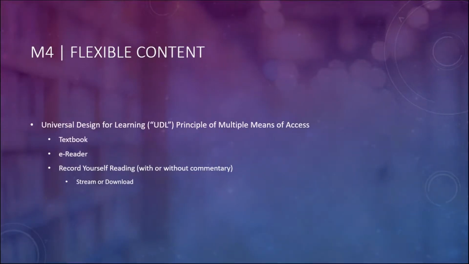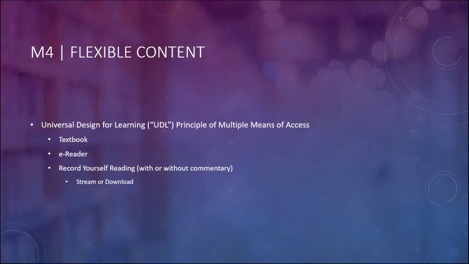Finally, speaking of multiple kinds of media, now we've gone from bigger picture design considerations of outcomes and assessments to smaller picture items like engagement strategies. We also want to consider smaller content objects like textbook chapters, articles, etc. Core content stuff. HyFlex builds on a variety of principles from universal design for learning. I already mentioned multiple means of representation when it came to flexible assessment. Now, for flexible content, I'm thinking about multiple means of access.